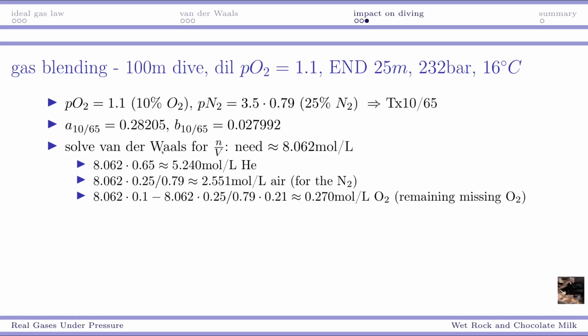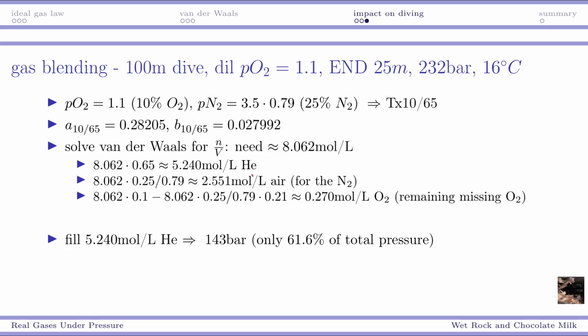So we now have the number of moles that we need to fill into our cylinders. Well, we're not filling by counting molecules, we're filling by looking at pressure. So we need to turn this into actual fill pressures. And that means we need to pick which one we're going to fill first. Let's say we're going to fill the helium first. So to fill our 5.240 moles per liter of helium, we need to fill the cylinder to a pressure of